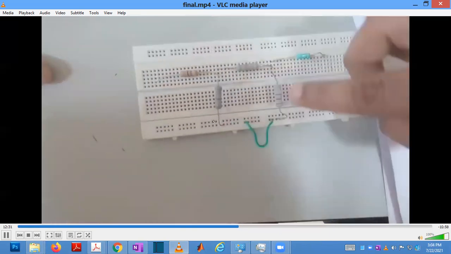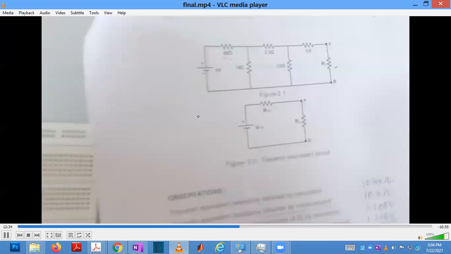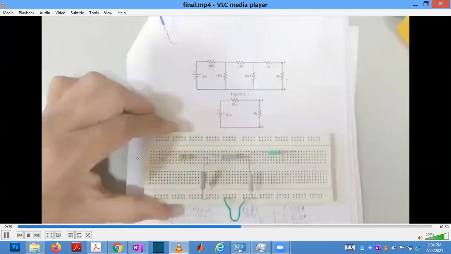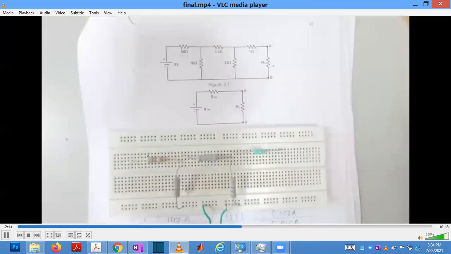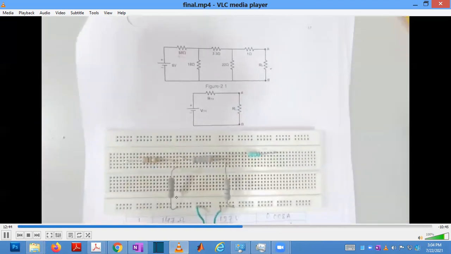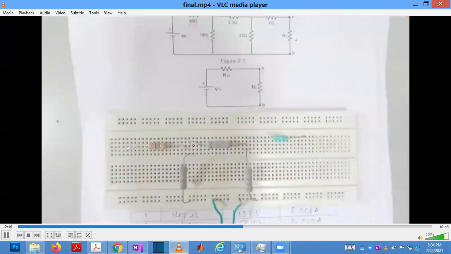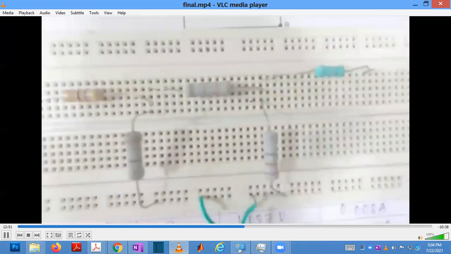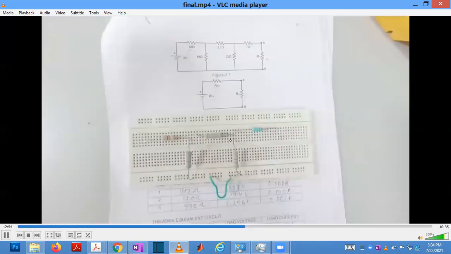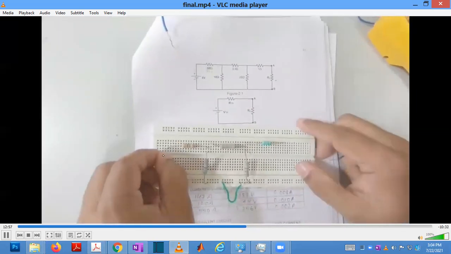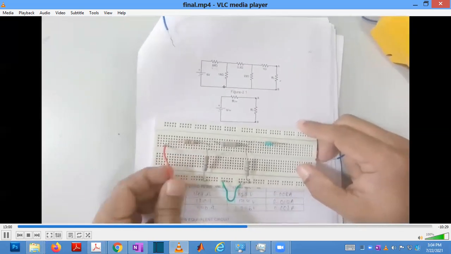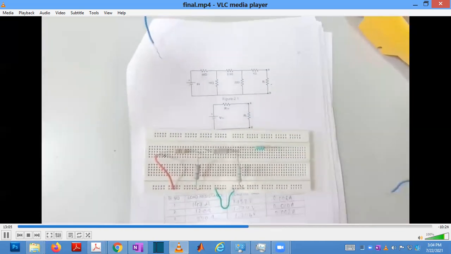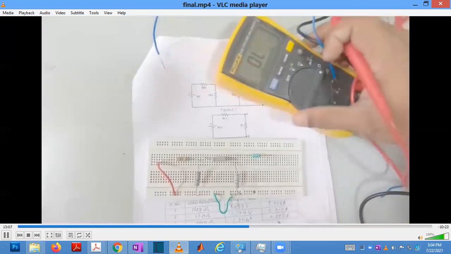So from this point to here, here to here. Like this you connect a simple circuit. You can compare: from here to here 47 ohm, from here to here 18 ohm, these three terminals are equal, from here to here 3.3, again 22 here and 1 ohm from this terminal. These three are equal here. Now you have to short circuit here and here, this supply line. Take a wire from the 47 and connect it to this terminal, and take a wire and connect it to these terminals, which are equal.